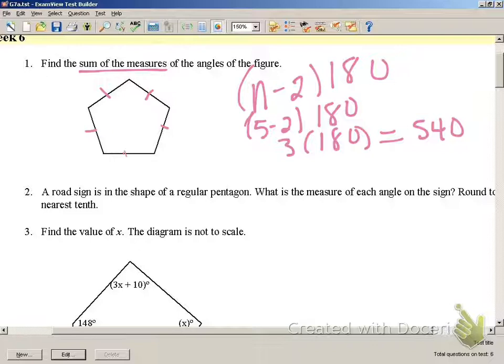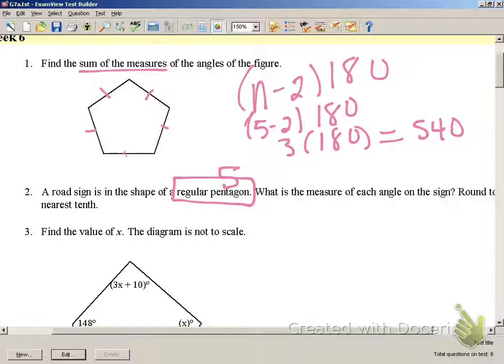Number 2, a road sign is in the shape of a regular pentagon. What is the measure of each angle on the sign? Round your answer to the nearest tenth. Now, if it's a regular pentagon, we need to identify how many sides are in a regular pentagon. For this particular problem, we can refer back to number 1, because number 1 is a regular pentagon. If we did not have the same shape there, we would need to know that there are 5 sides